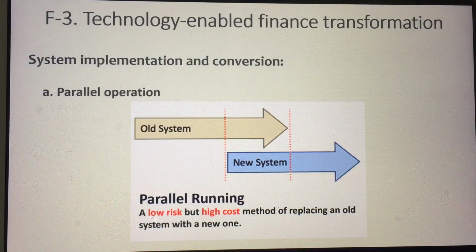The thing here is, guys, in parallel operation, it is low risk but high cost. Okay? Bakit low yung risk? Because if pumalya yung bago, meron kang babalikan na old. Okay? So, your operation still continues. Hindi maaapektuhan yung operation mo kasi once may pumalya or hindi nag-work out yung bago, okay, balik ka sa old. Okay? That's why it's low risk. But it's a high cost.